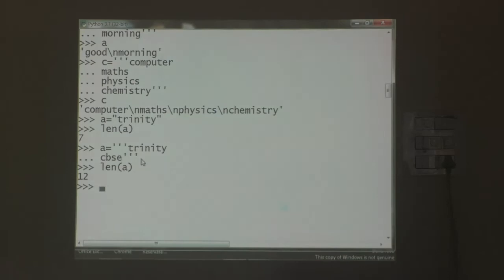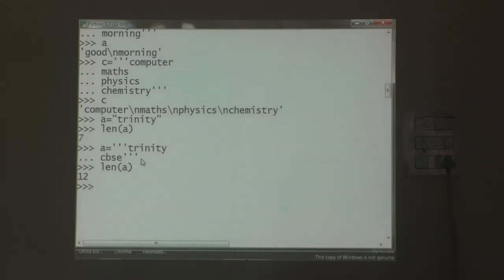Don't forget, students, when we use a string created with triple quotes for multi-line strings, the size includes the Enter key character as well. The Enter key is counted as 1 character.